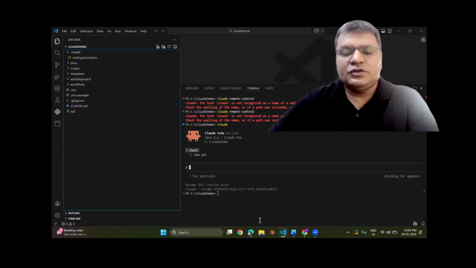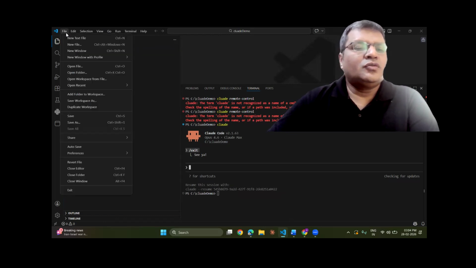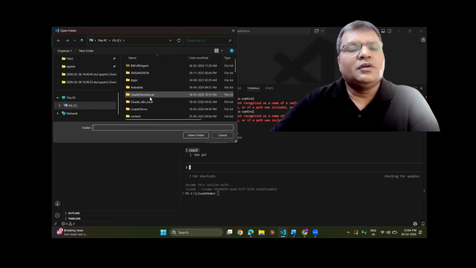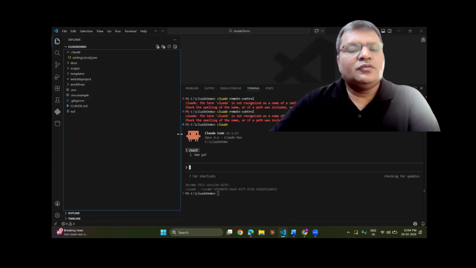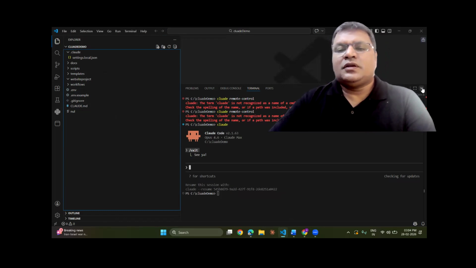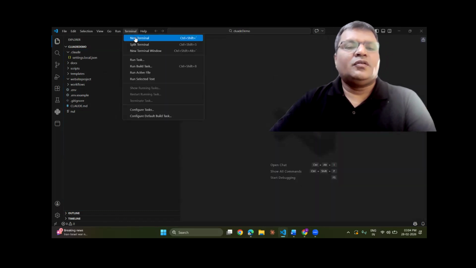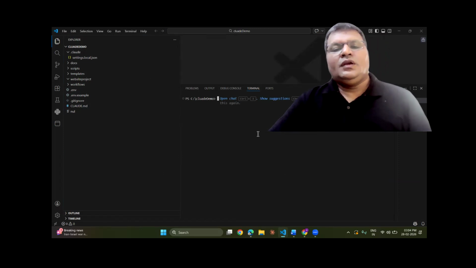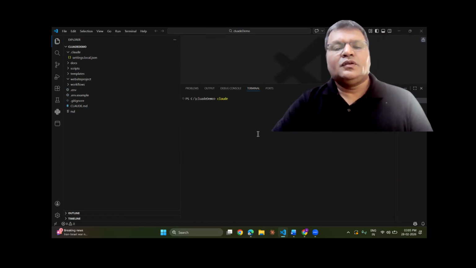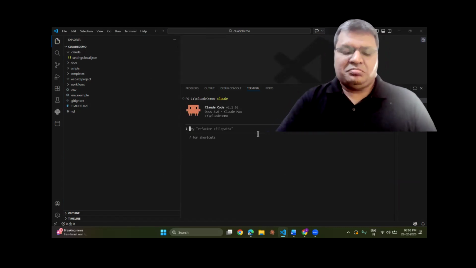For that we have to launch our Visual Studio Code, and in that Visual Studio Code I have to select मैं कोई भी फोल्डर्स सेलेक्ट कर लेता हूँ। फॉर एग्जांपल मैं एक क्लाउड डेमो करके फोल्डर सेलेक्ट करता हूँ, एंड दैट फोल्डर इज हियर। एंड मैं एक टर्मिनल ऑन करता हूँ। लेट अस क्लोज फ्रॉम हियर एंड वी विल ओपन अ न्यू टर्मिनल एंड विल से क्लाउड। तो इससे हमारा क्लाउड लॉन्च हो जाए,